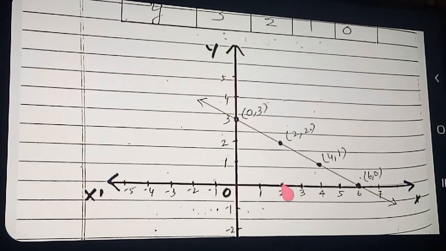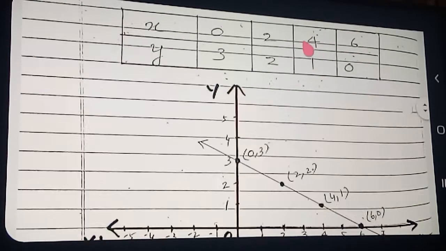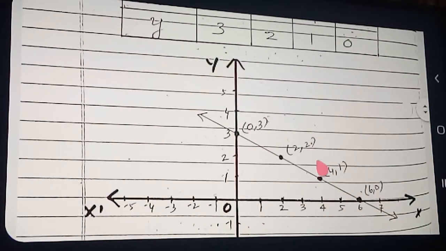You keep the scale here properly, and corresponding to here also keep the scale correct, then you can plot the points. So this point is corresponding to (2, 2). And now the next point you see here upside, which is (4, 1). So (4, 1) means the x coordinate is 4. The x coordinate we always take on the x axis only. X axis 4 and y axis 1. See here, x 4 and y 1.